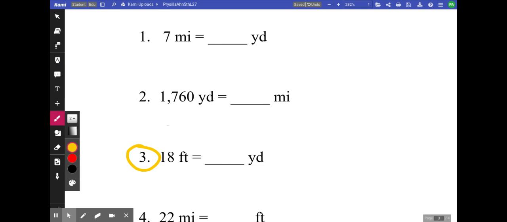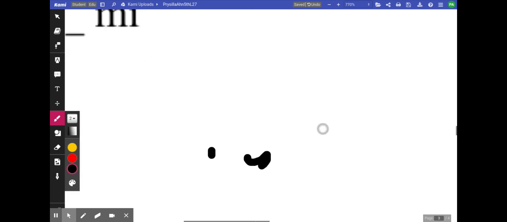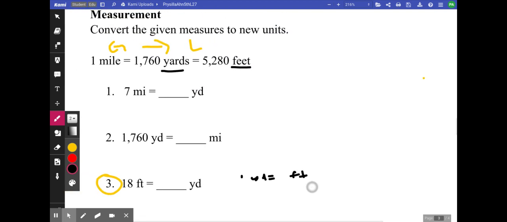So we see that it's going feet to yard, and obviously this is going greatest to least, so G to L. And we see that yard is ahead of feet. And obviously we don't know what 18 feet is just by looking at this. So we're going to have to figure out what 1 yard is to feet, to make it easy on us. How do we do that? Well, we just simply divide yard over feet,